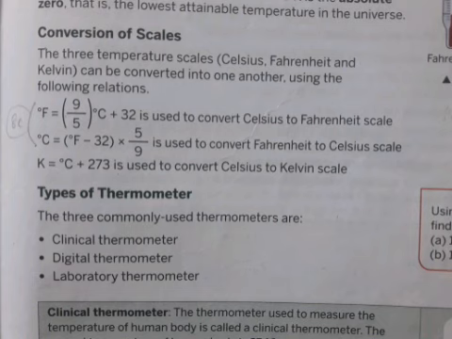Are you understanding? Suppose you are given 100 degrees Celsius to be converted into degrees Fahrenheit. How are you going to convert it? 9 by 5 into degree Celsius is written. In that degree Celsius, you have to write 100 degrees Celsius, the value that has to be converted into degree Fahrenheit. So 9 by 5 into 100 degrees Celsius plus 32, whatever value you get is the answer in degree Fahrenheit. Okay. Similarly, if the value is given in Fahrenheit, how are you going to convert it into Celsius?